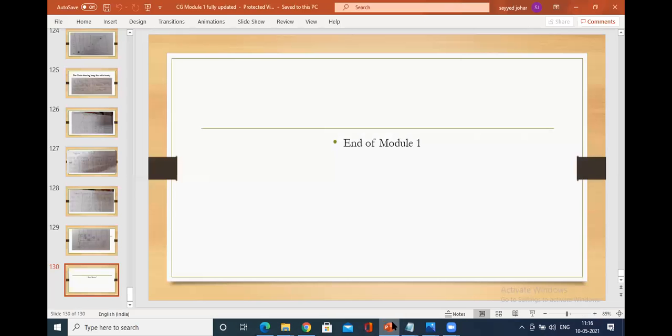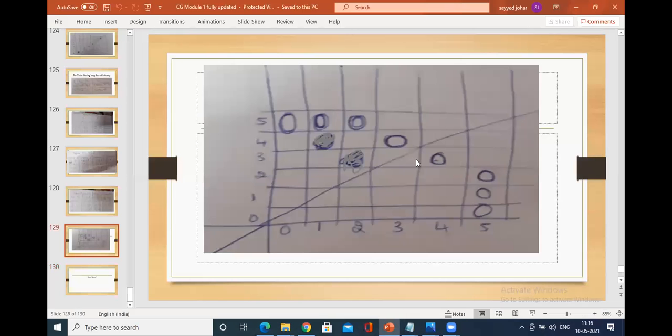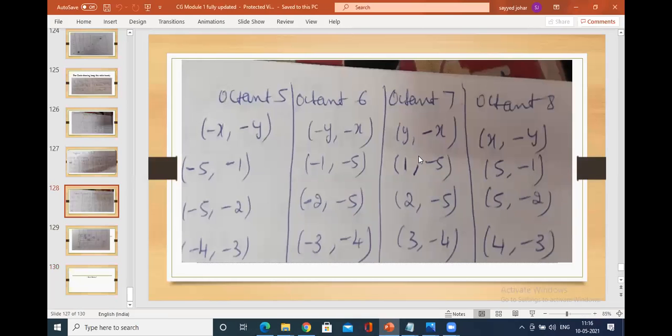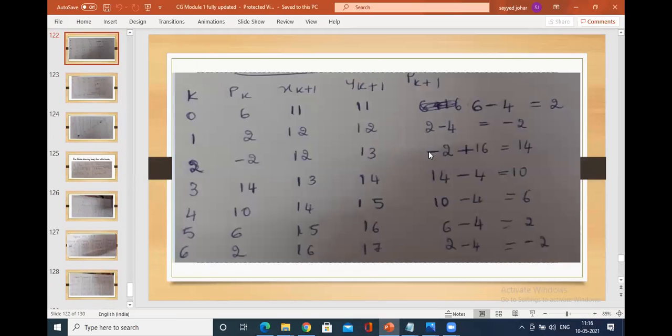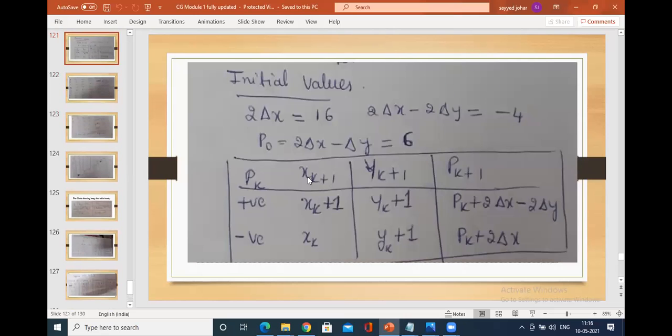Hopefully understood. This is the end of the module to solve for Bresenham's line drawing, Bresenham circle drawing and DDA algorithms, right? Problems have been given over here for line algorithms, so all of you have to go through and solve this, right? Now you can give the attendance in the chat session, those who have not given it.